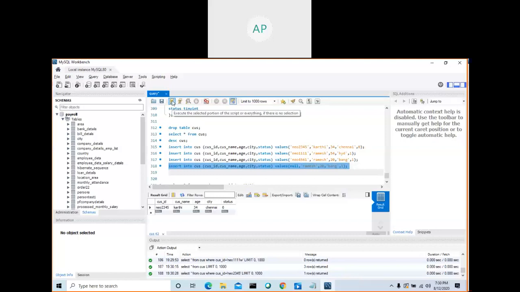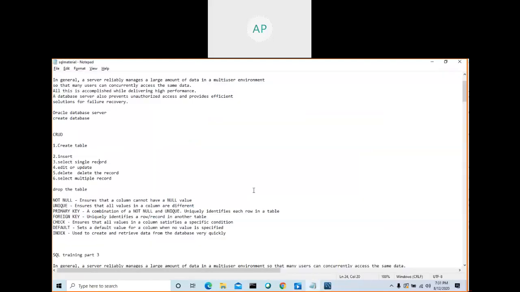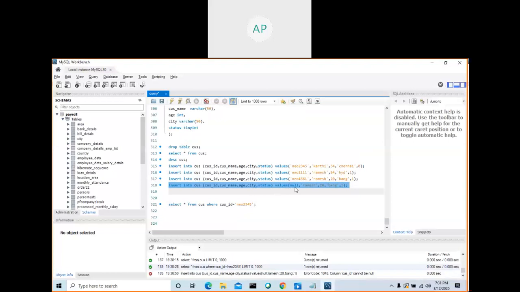Will this record work? See here, customer ID cannot be null. As per your primary key constraint, customer ID cannot be null and it cannot be duplicate. So, anything 1, 2, 3, 4, and can your name be null? I will try to execute this record.